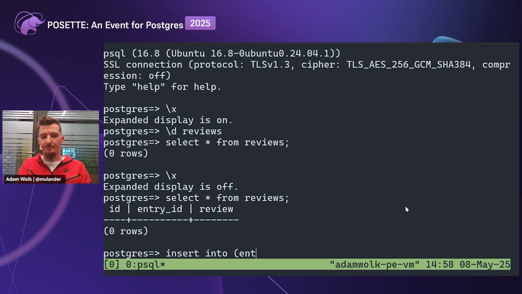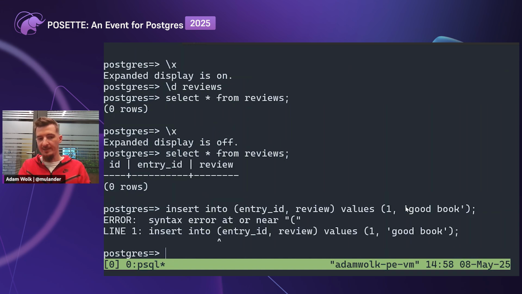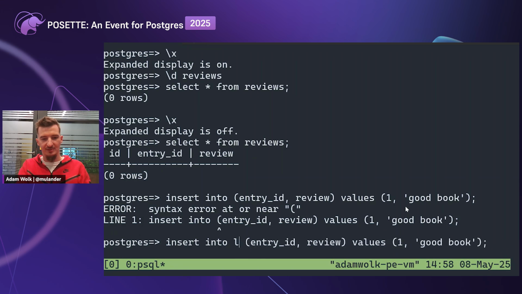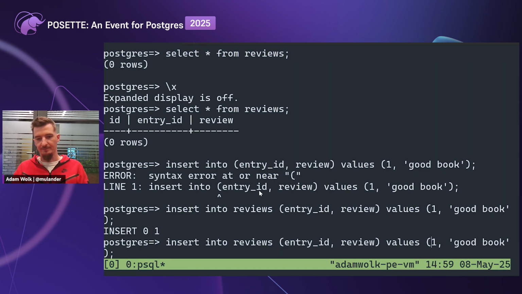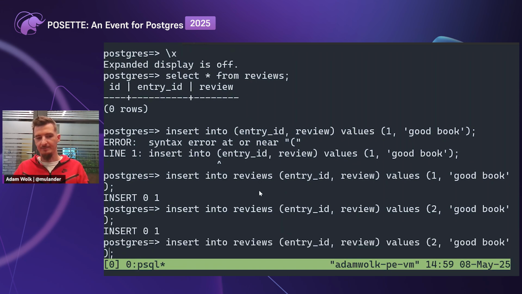So can we add a review for the first entry in the books table? I can, if I write without errors, which is reviews. Sorry. So I was able to add a review for the first entry in the books table. I can add it for the second. I can add it for the third book.